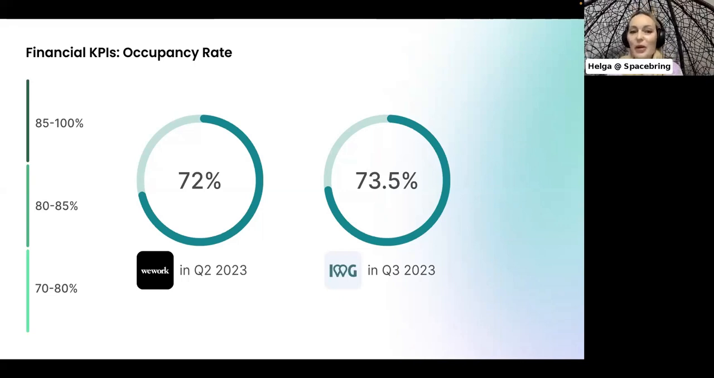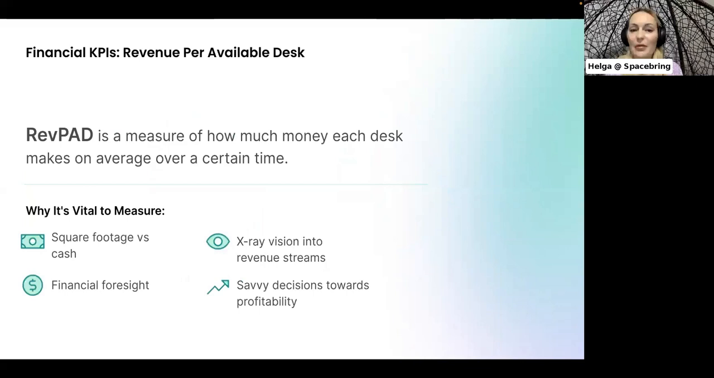Now, let's talk about the next financial KPI, revenue per available desk. Think of it like revenue per available room in the hotel business, but for coworking spaces. It's actually the dough each desk brings in, whether it's buzzing with activity or taking a breather. Now, why should you give a hoot about revenue per available desk? Because it shows you how well we are turning square